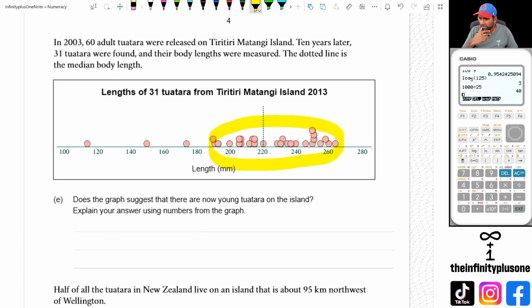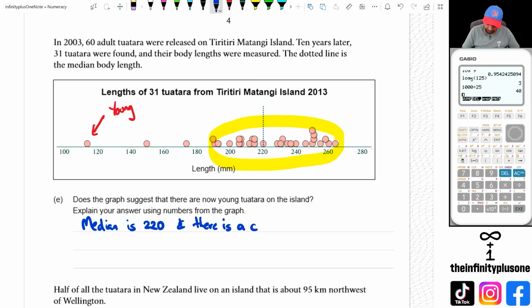So what you might want to mention is that median is 220 and there is a cluster between 190 and 260, which suggests that